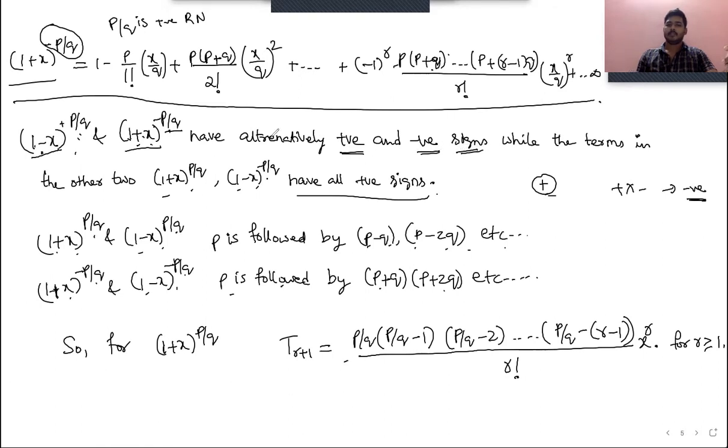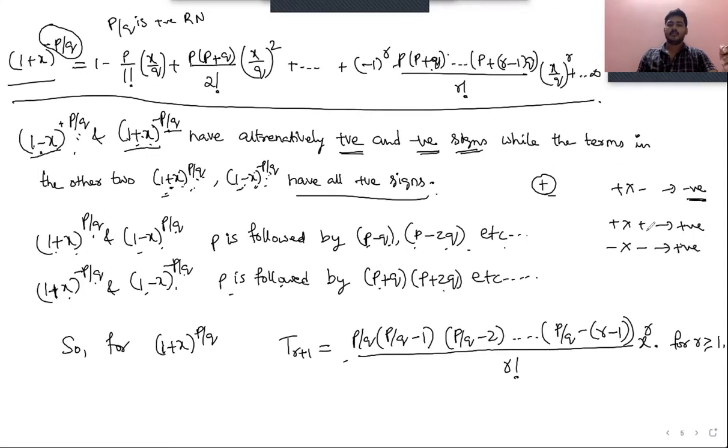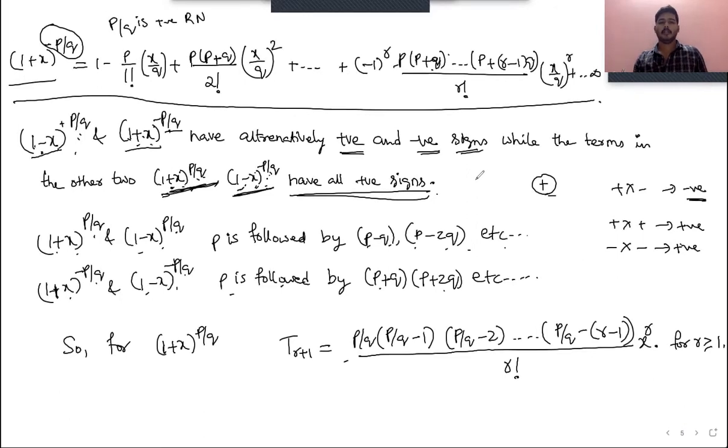Okay, and in 1 plus x whole power p by q, 1 minus x whole power minus p by q, x has a positive sign, p by q has positive sign, x has negative sign, p by q has negative sign. So positive into positive is positive and negative into negative is also positive. So in this case it's negative into negative, in this case it's positive into positive, so both of them are positive, so they'll all have positive signs. This is the shortcut I remember. If you have any other methods you can follow that, but generally this is easy to remember this way,